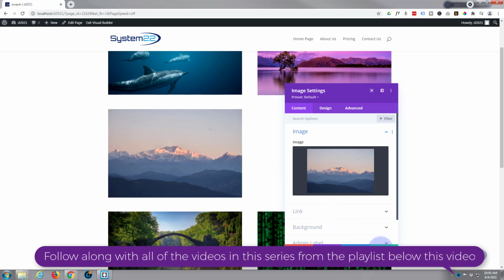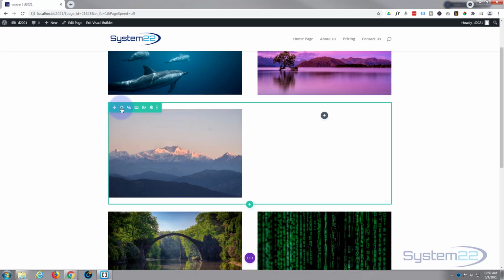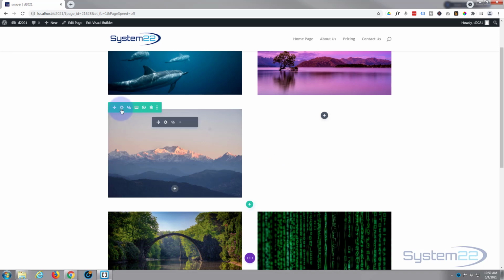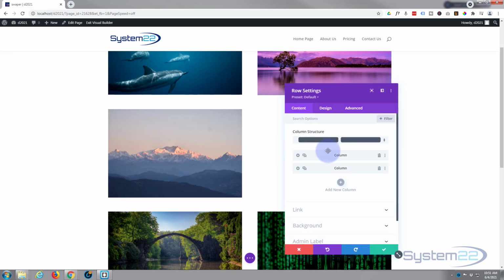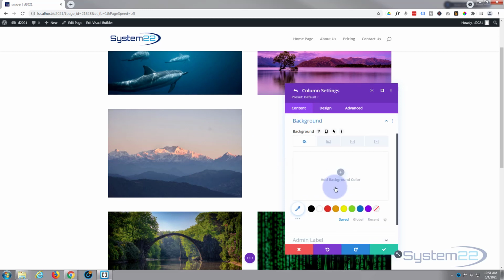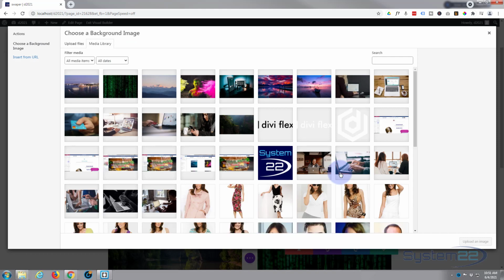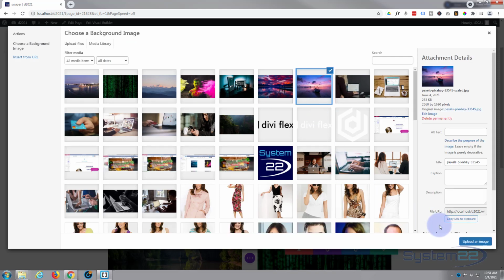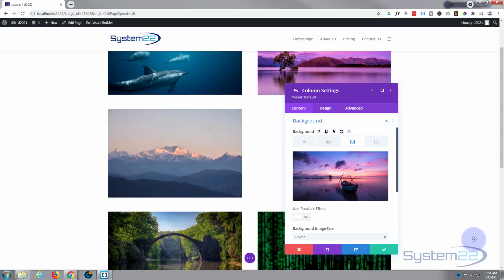So what I'm going to do is I'm going to save this. I'm going to go into my column. Green cog for the row there. We're working on column 1 right here. And let's pop a little background image in our column as well. Color gradient image video. And let's get something with a little bit of color here. Let's put the little boat one in there. Okay, obviously you can't see this because it's behind our little image here, and that's where the fun comes in,